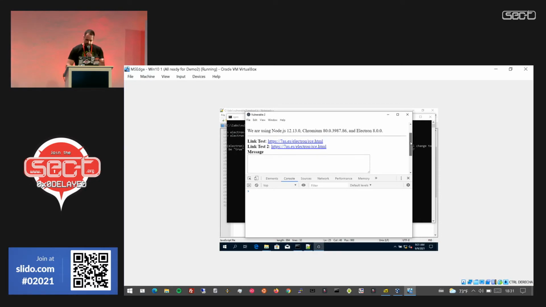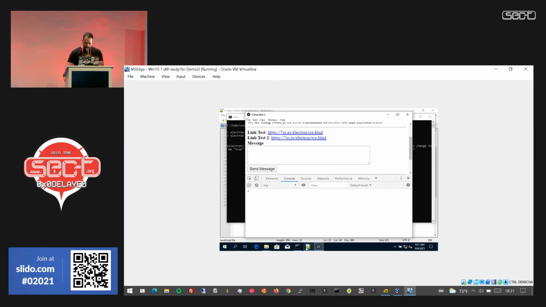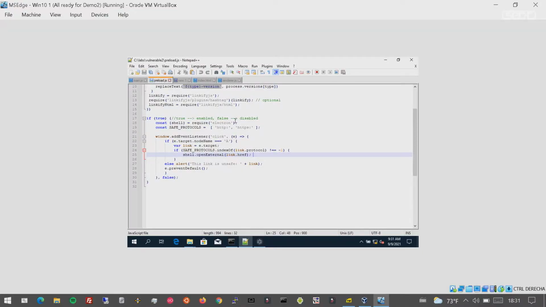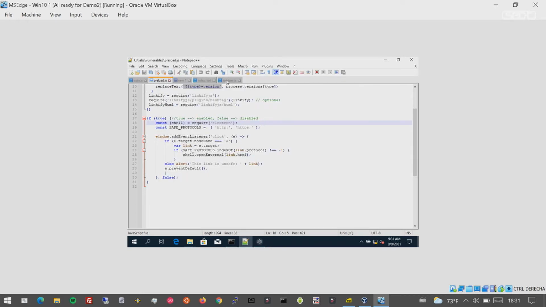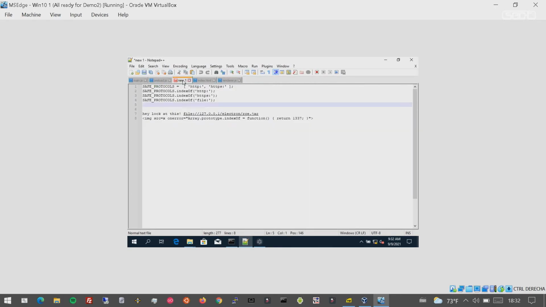Basically, I think it will make more sense if I show you first the safe protocol. So I'm going to do the same thing as the application, right? I go here to the developer tools console. If I paste this, and now, let me see, because I think I had it here. Yes, so if I do this, and now,